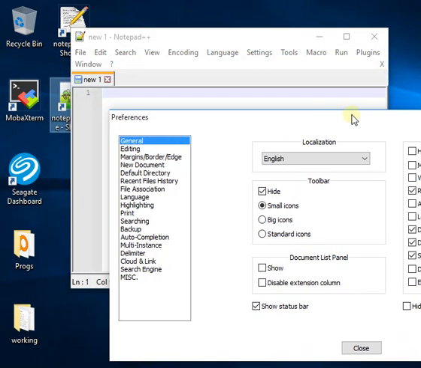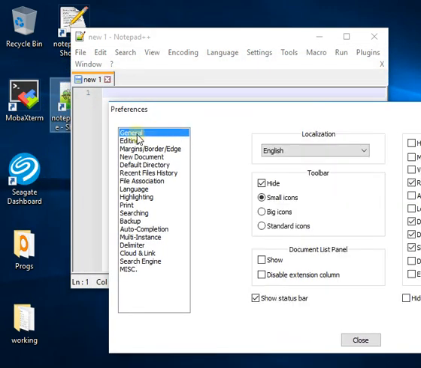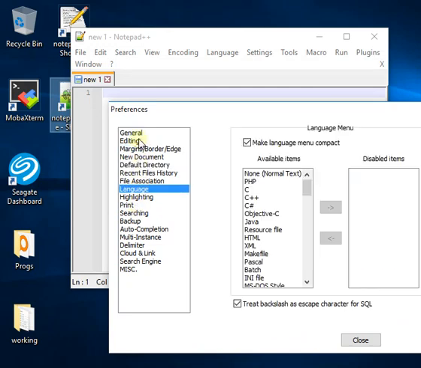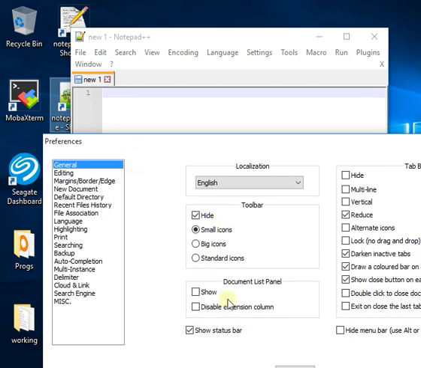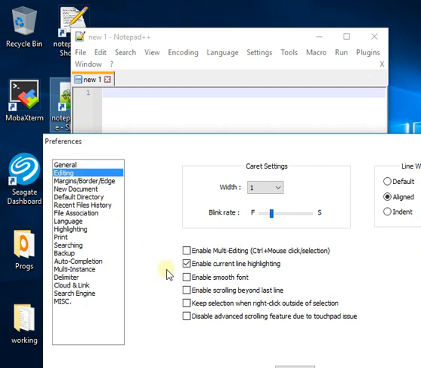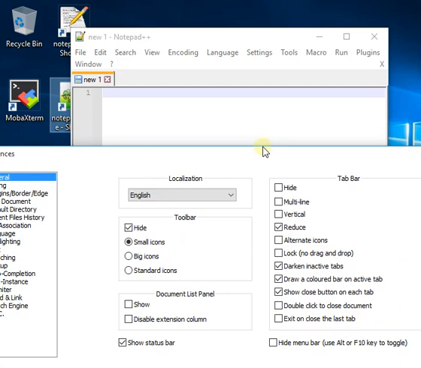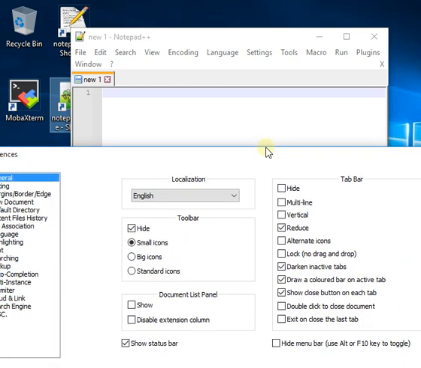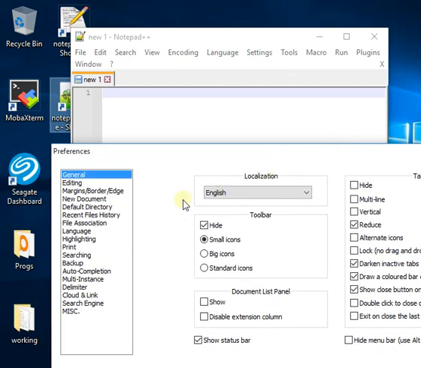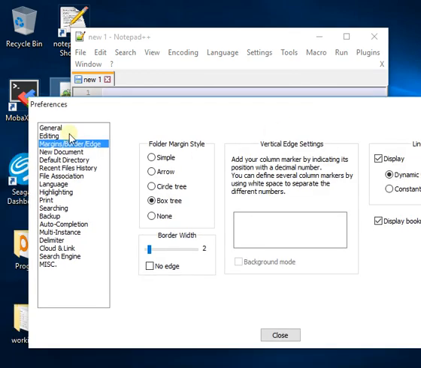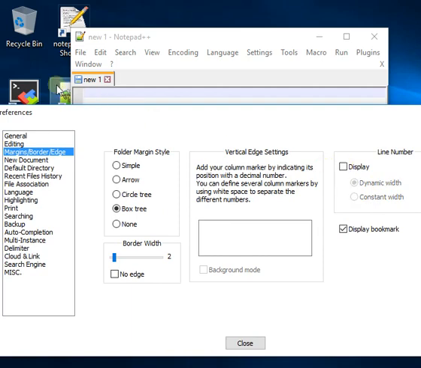Here it looks different, like it has tabs. I mean, you can select the category here, and then the options will appear here. For example, to have the line numbering like before, we can go to editing, and here let's see if we have the line numbering. It should be in this one. The count list. Let's see it here. Okay, I see they moved the line numbering from here to this place, so you can display the line numbering